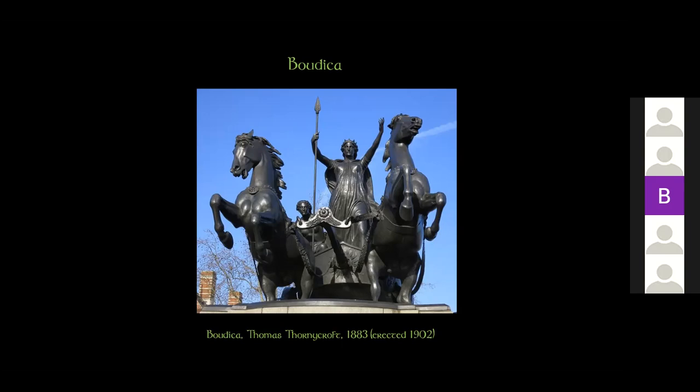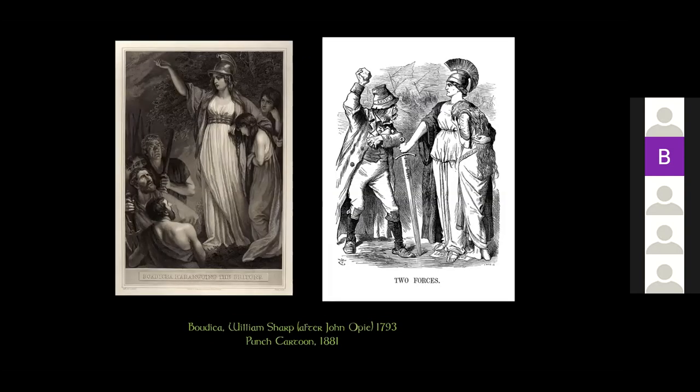I think the British Empire is kind of uncomfortable with the fact that Britain has such a strong Celtic heritage and doesn't know how to represent it. And you can also see these are some images that feed into that sort of idea as well. So on the left, you have Boudica gathering up the tribes, and that's from 1793, so that's 100 years earlier. But again, you can see that she's kind of represented as a Greco-Roman classical person, almost like the way the goddess Athena is